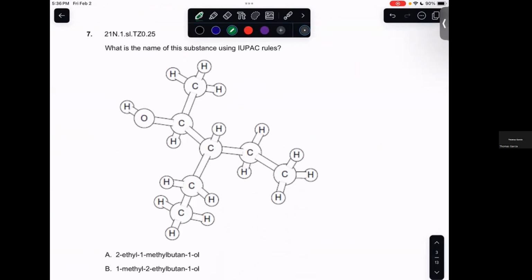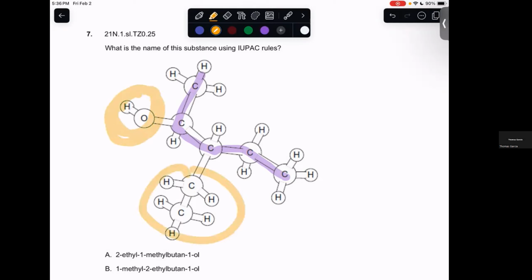All right, what is the name of the substance using IUPAC rules? Well, let's identify a long carbon chain. Can do that first. I notice I've got this nice little 5-carbon chain. I could go this way. It's still 5 carbons. Don't really care. All right, then let's notice any functional groups. I've got an alcohol right here, and oh, is this an ethyl group? Yeah. All right. So if I'm now numbering these and I go 1, 2, 3, 4, 5, I know I will get the lowest numbers. So let's say